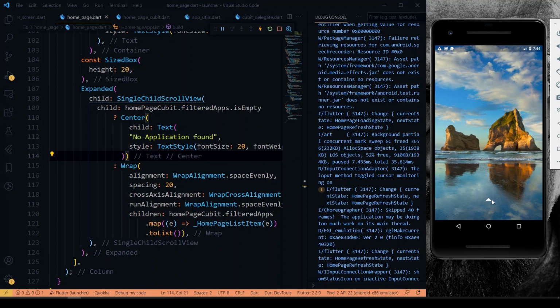And you can also add a feature if you want to hide a particular app, and you can show it as a hidden list of apps. You can also make it a different UI, like Ubuntu UI or Windows. You can choose whatever UI you want. So this is how you can use it.